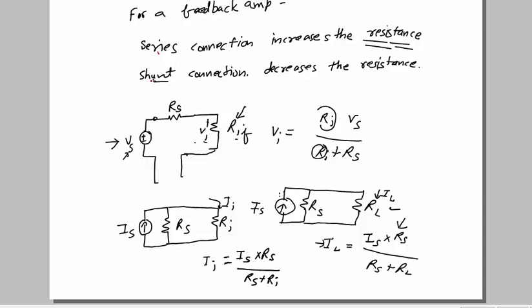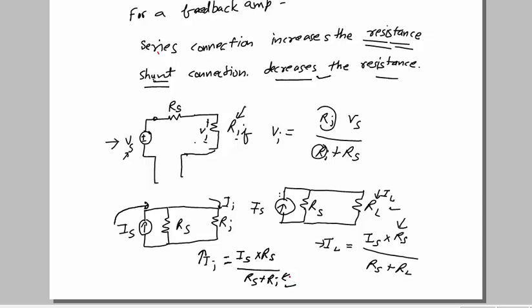Now if you use a shunt connection, what does it do? It decreases the resistance. Now for II to be high, it means it should get most of the current from the IS. What should be the value of RI? It should be low. So when the shunt connection decreases the resistance, it means it decreases the RI. So it means it's getting more II from the IS.